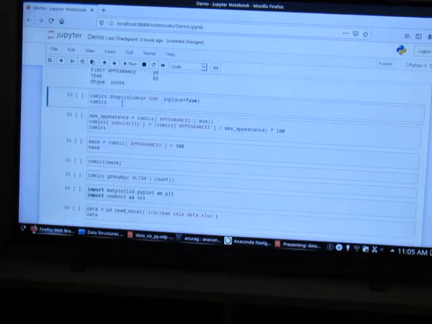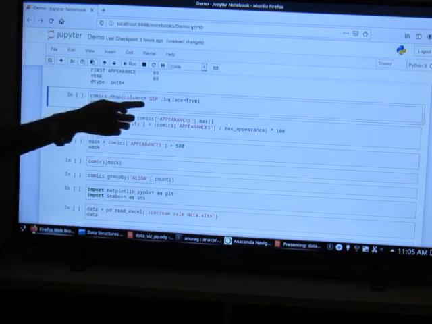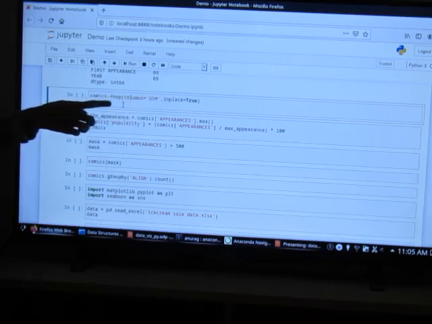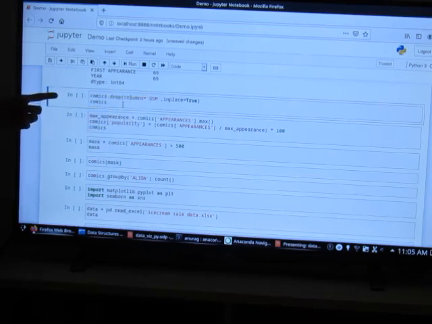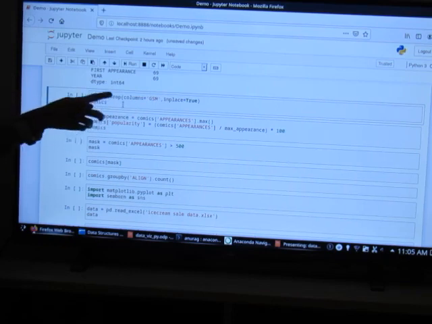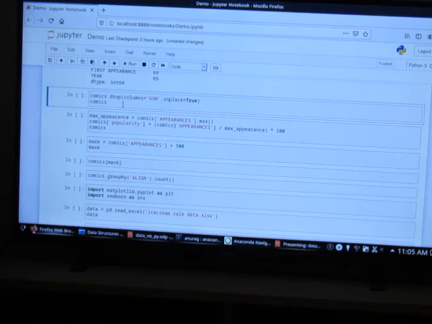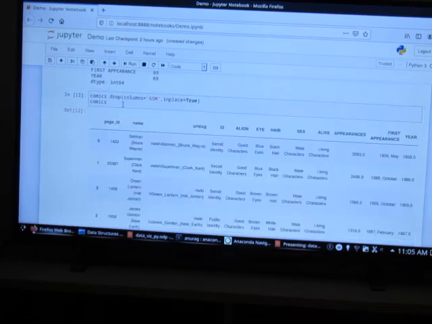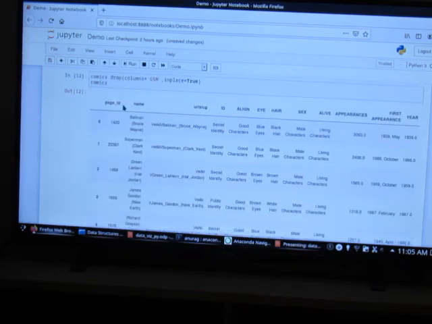So we can use the .drop command. Drop will remove those associated columns from the data set, and we have to use inplace equal to True, because then it will operate on the same data frame, or else the drop would have happened but you are not storing the result anywhere. So in this data frame, that GSM column is no longer there.